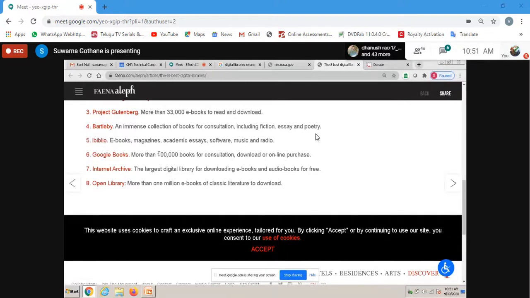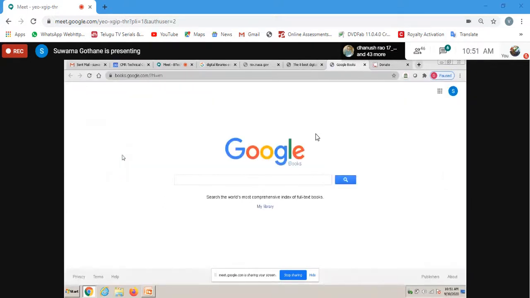For Google Books, you can download any sort of Google Books by visiting this. You can see this is a different platform, and you can fire your queries for whichever book author you are interested in, and you can easily download it instead of searching somewhere else. If it is available inside this, you get access to the book.